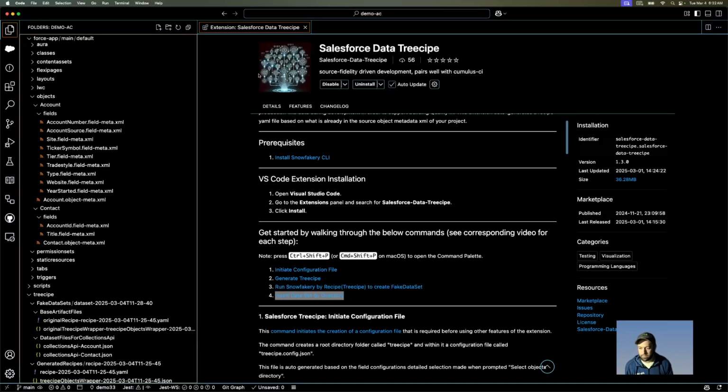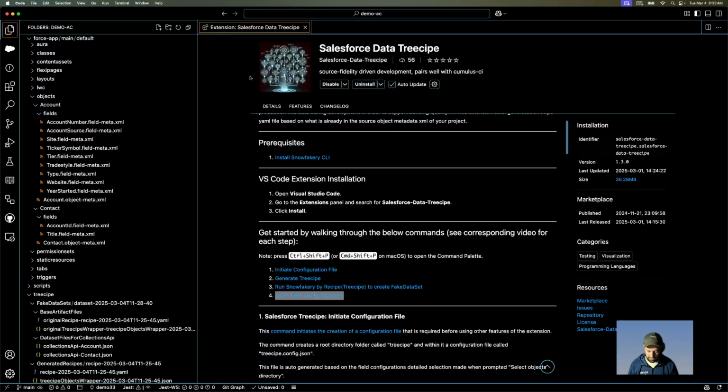Like, do we want all these inserted, no matter if any of them failed beforehand, or do we want to completely stop everything if there's a failure in one of the inserts? So we're going to do false on the all or none, and